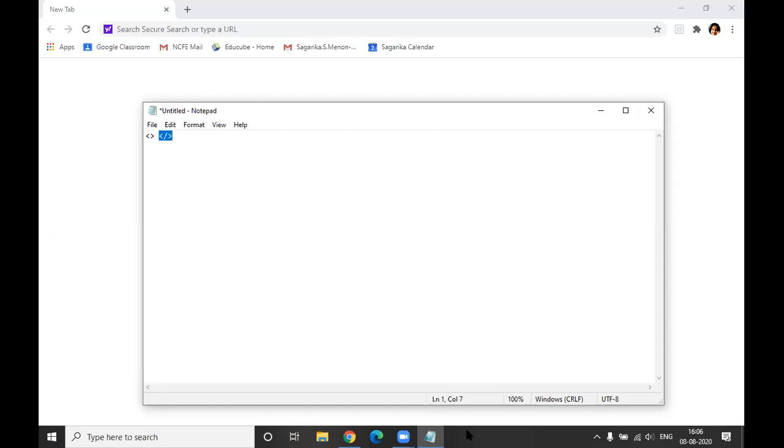Krish, you are able to see? Yes, sir. You're able to see? Okay, good. Now let's start creating our first document, okay? And then I'll explain you also why we are writing it that way. Karan, you will be able to write what I am doing on the screen? Yes. Okay, all right. So very first thing, we have to define what kind of document it is. So we will say doc type.